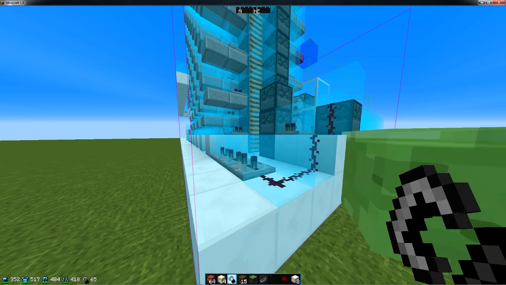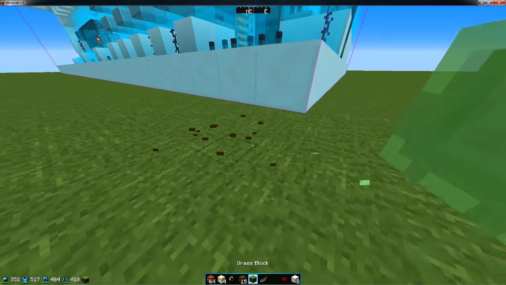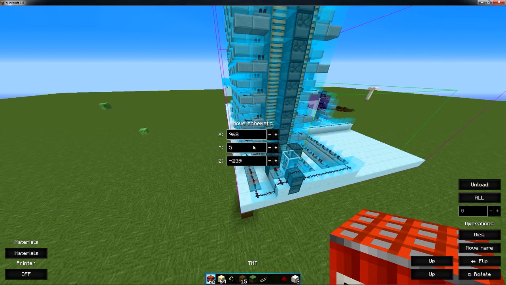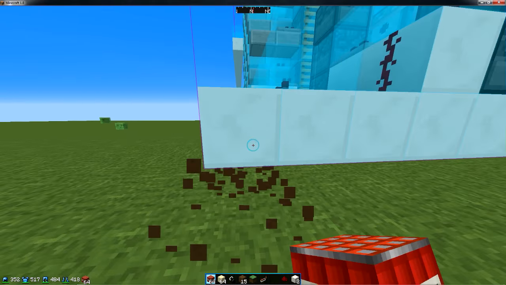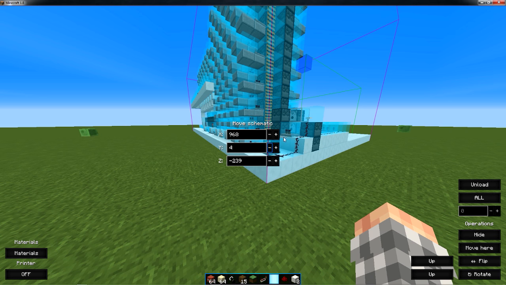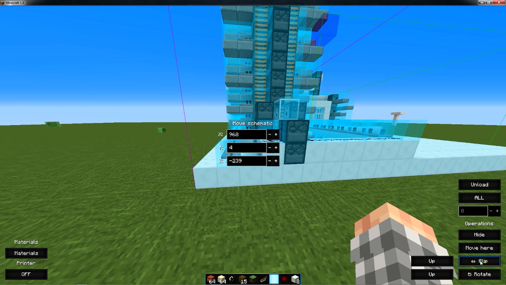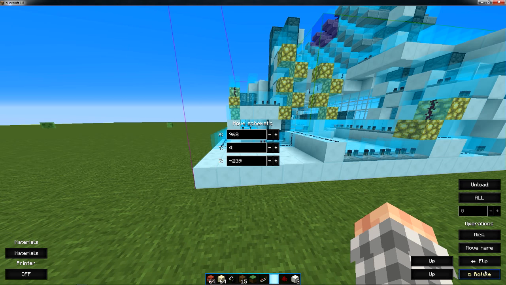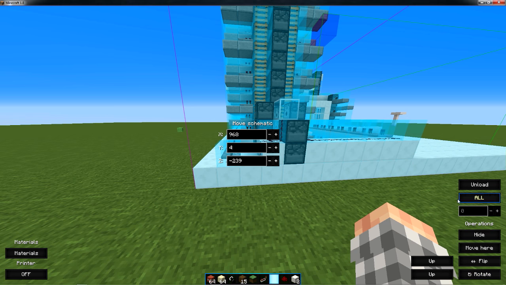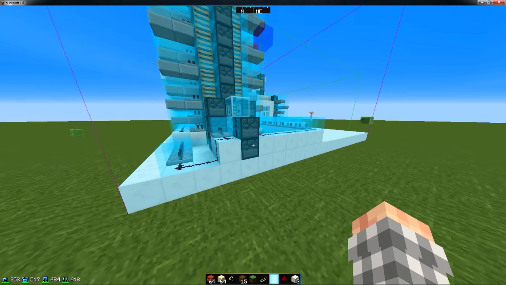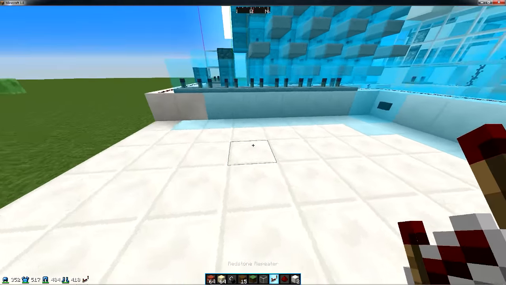But say we get like a retro cannon out here, we can literally just, and we can also, so I built this a long time ago and I still have it saved because of Schematica. So we can go back to subtract, move it down one, because maybe that's where we want it. Also, a bunch of options with flipping it, rotating it, which is super cool. So printer on, and we can build this thing insanely fast.